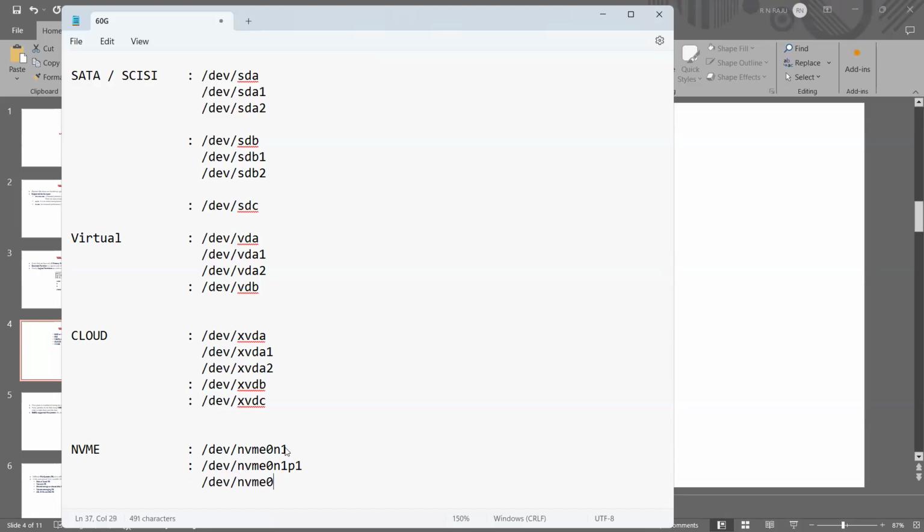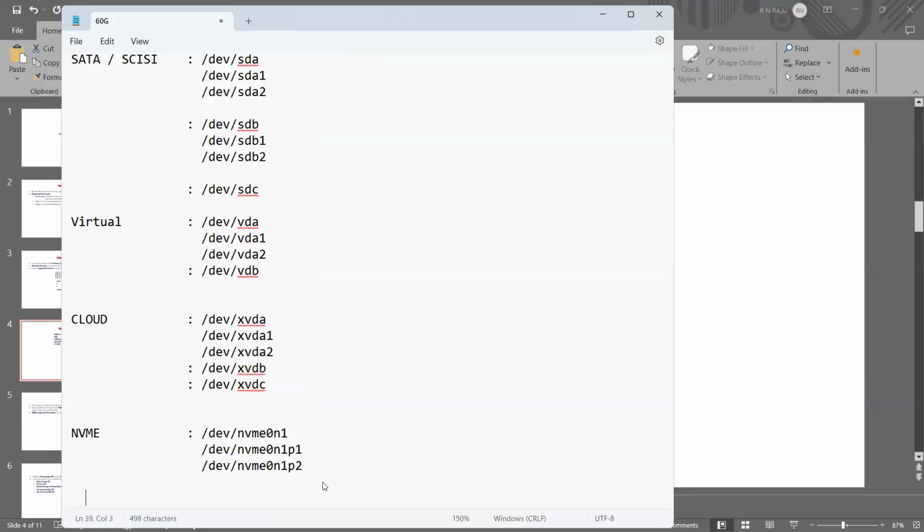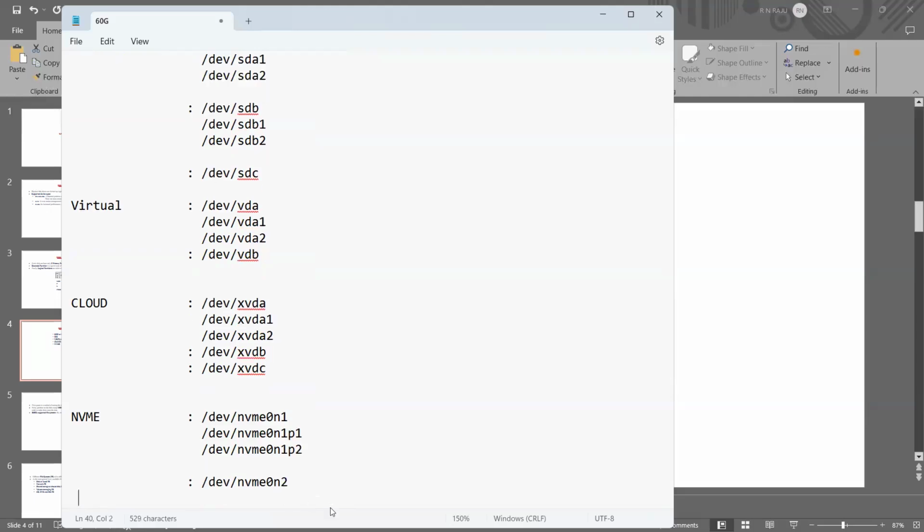/dev/NVMe0, it is called what? N1 partition 2. I mean partition 1 in the N1 hard disk, partition 2 in the first hard disk. Okay, you want to attach any second volume here, then how to get the namings? So then /dev/NVMe0N2, this is the second hard disk. So under second hard disk, you want to create a partition /dev